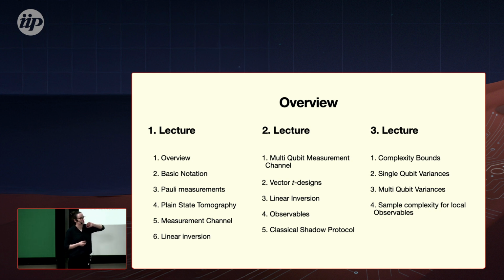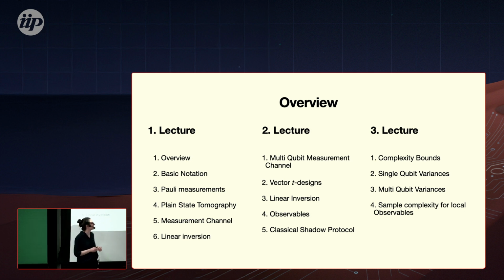Then I will introduce to you quickly what a vector T design is, because we need that for the global Clifford measurement channel. Again, linear invert these measurement channels. Talk about what are observables and how we can write them in a mathematical and useful way, and then talk about the classical shadow protocol. And I would love to code the protocol with you, of course the easiest case, but I will prepare some live coding Jupyter notebook that I will then fill in with you so that you really understand step by step that the classical shadow protocol is actually a very easy to implement, very intuitive and very useful protocol to use in your research.